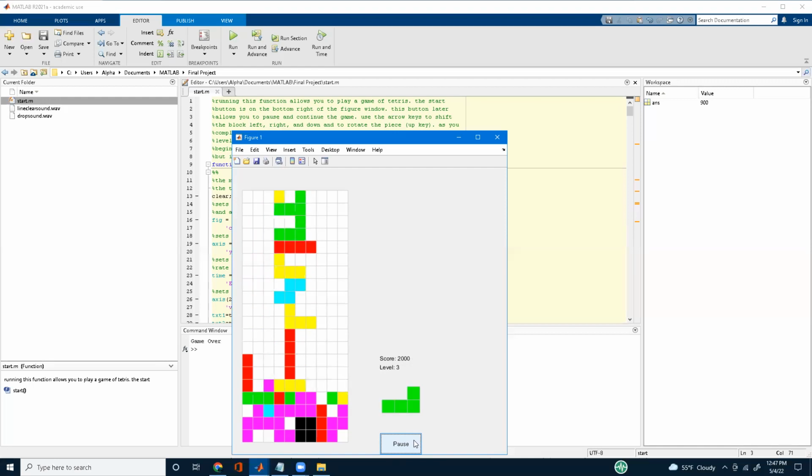So to the top, and since where the piece wants to be is already taken up by a square, like a normal Tetris, you've lost the game. It says game over, and the game has ended. If you had won, it would say winner, and sadly we don't have enough time for that,